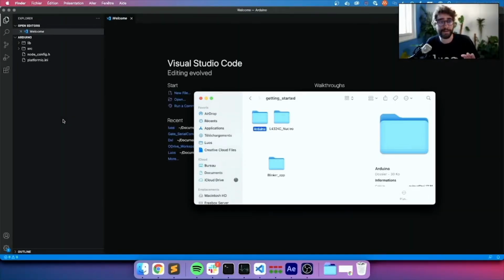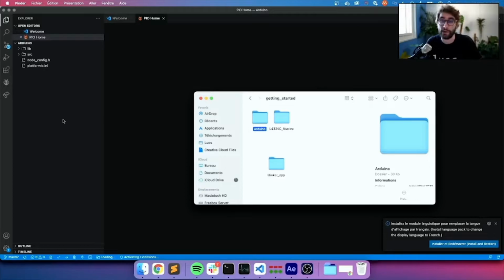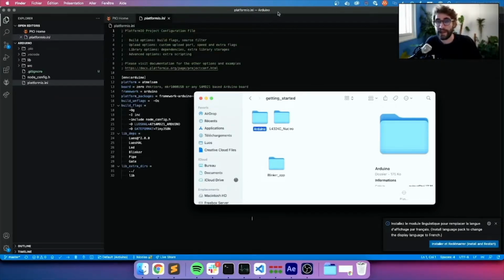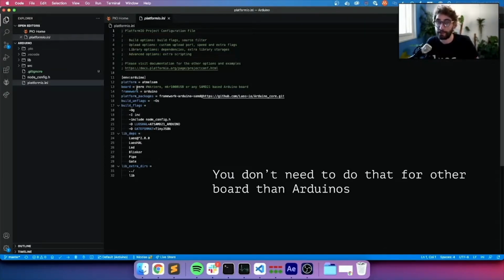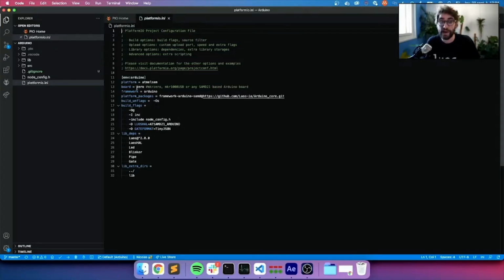VS Code is going to detect that this project is a Platform.io project and Platform.io will run everything, allowing you to just make it work. When you open this project, VS Code opens the platformio.ini file, which is the configuration file allowing you to select what you want to do with this project. If you are using an Arduino board, there are different Arduinos that are compatible with this example. So you're going to need to select the right one depending on the board you have. In my case, I have an MKR0 board. So I'm going to swap the 0 with the MKR0. And now I can save this file.